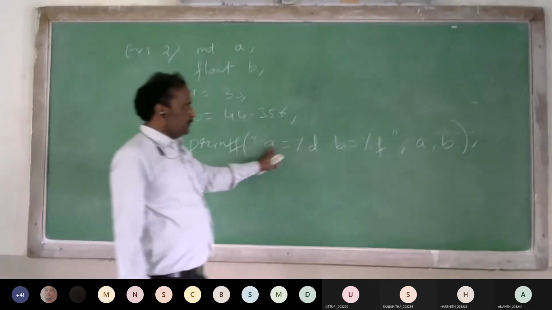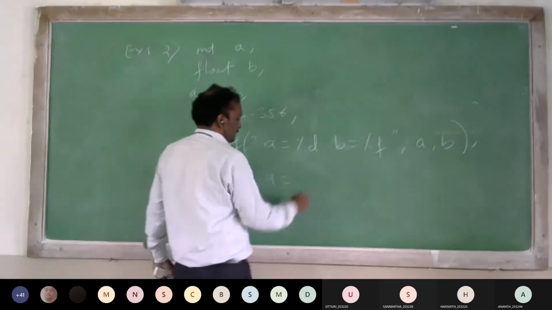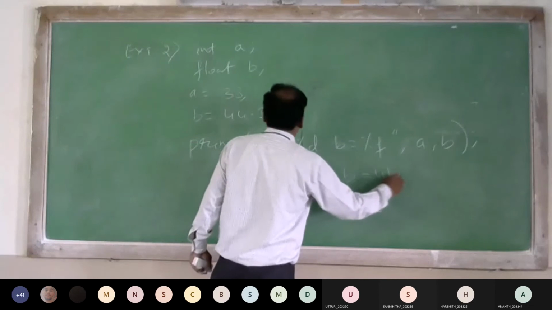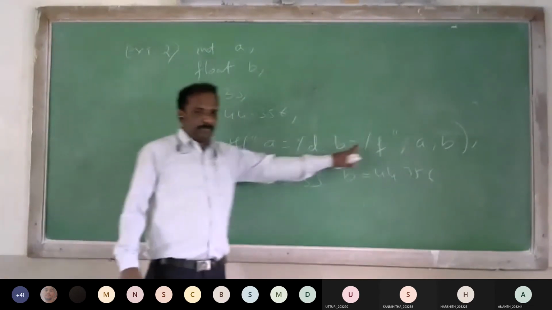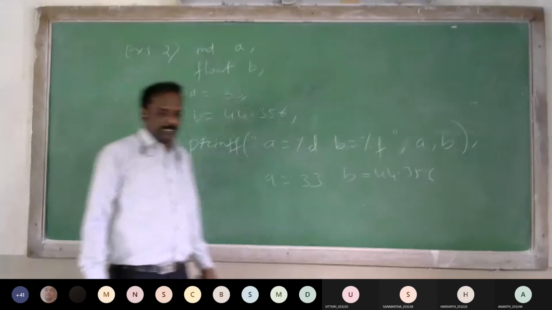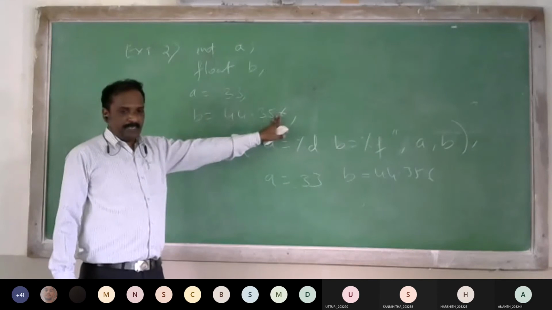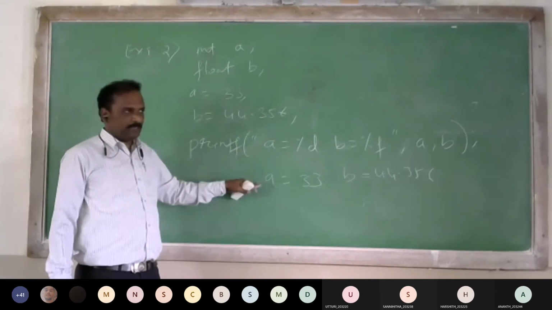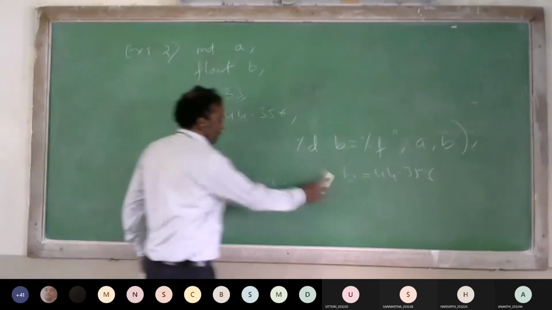Then the output will be a is equal to 33, b is equal to 44.356. Either you can use a single printf statement or you can use multiple printf statements. Similarly, you can read two elements in a single scanf, or you can use separate scanf statements for reading the values of the variables.